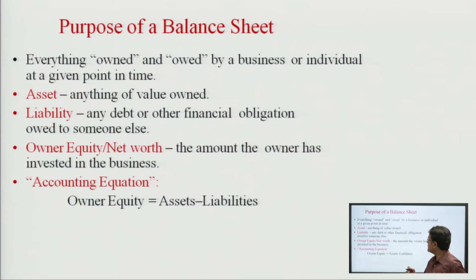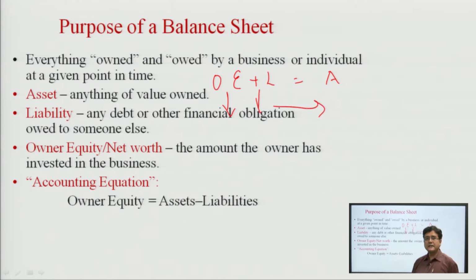So, accounting equation means equity plus liability, or owner's equity plus liability is equal to assets. Whatever funds you receive, you have to utilize by assets. So, the total of the liability side must be equal to the asset side. This technically shows